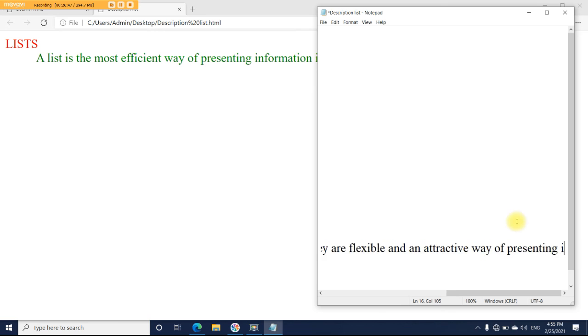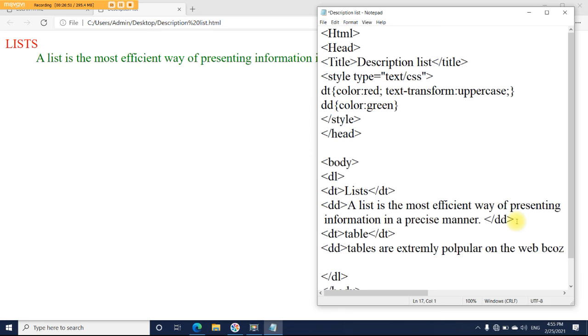Okay, I'll just press enter and close this DD tag.